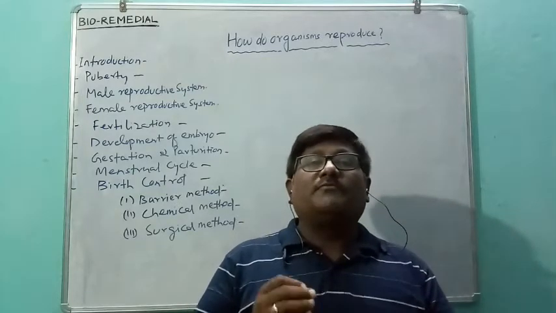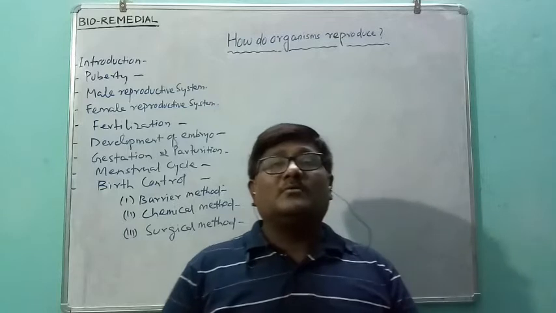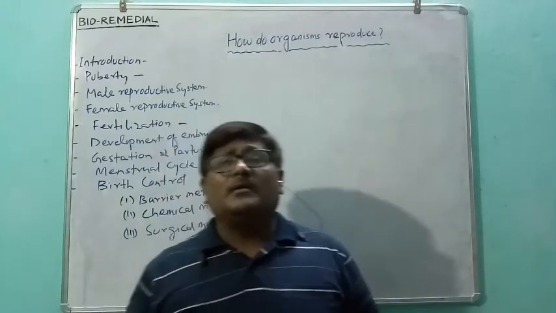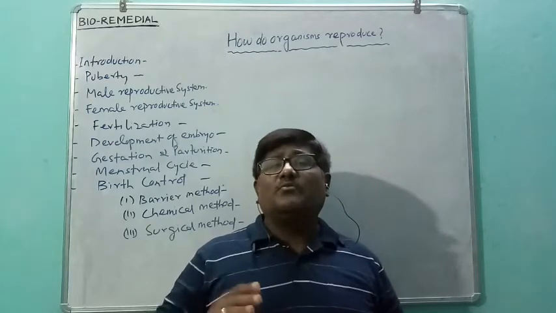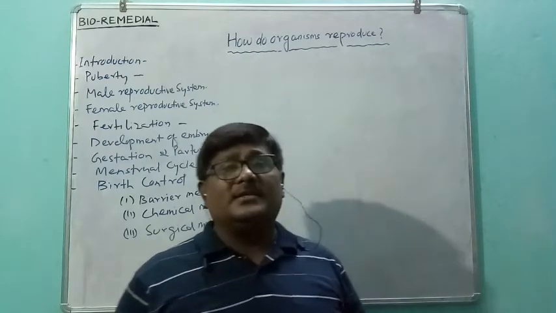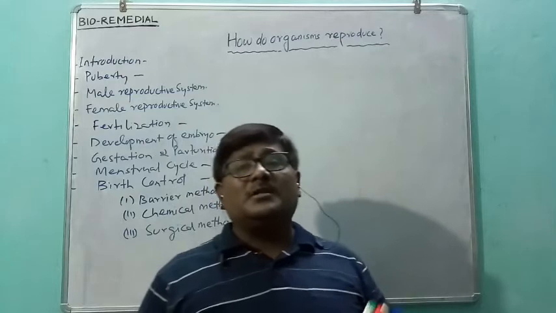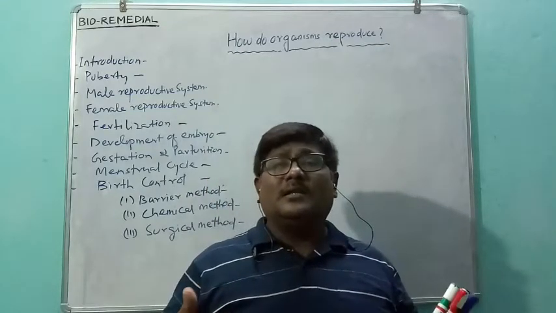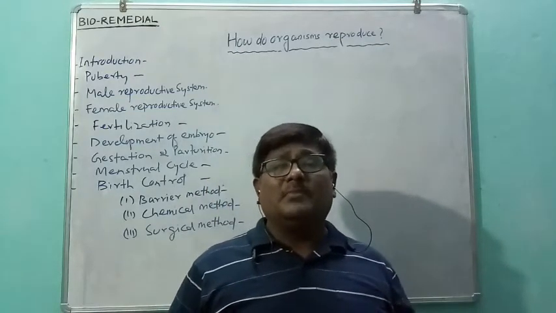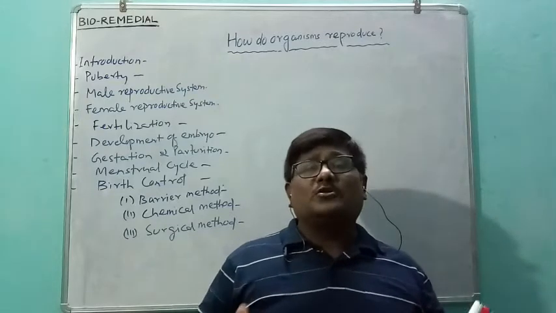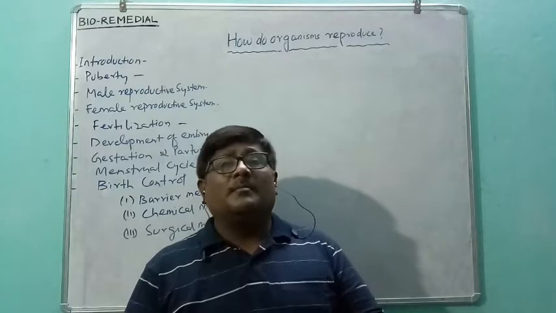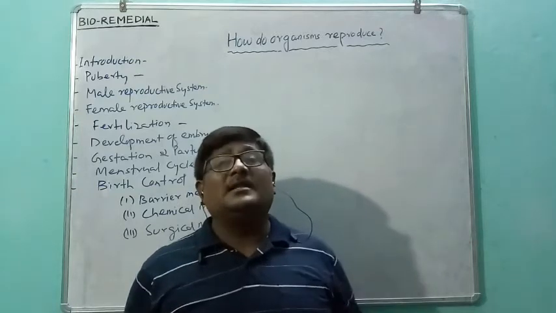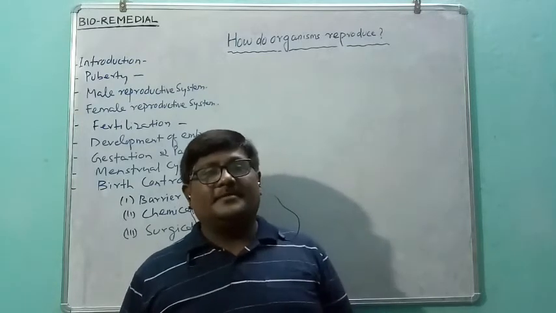So students, the first point I would like to share is that a human being is capable of reproduction only after attaining a certain age. Means there is a fixed reproductive life in human beings. It is shorter in female but a little longer in male. But there is a lifespan, a reproductive life, I can say.